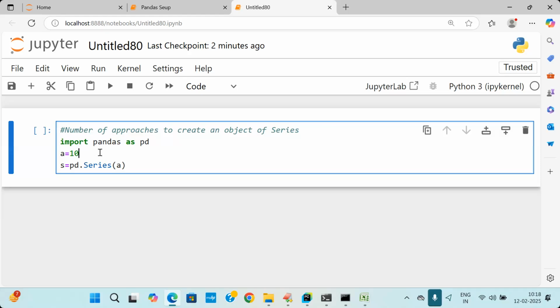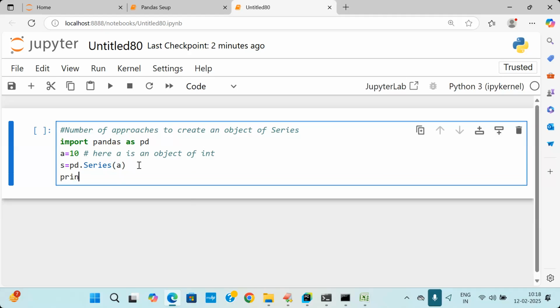Now, go to this 10. 10 is called which type here? Here A is an object of what type? Int type. Now I am going to write it here. S is equal to pd.Series of A. The moment I print S comma type of S, do you